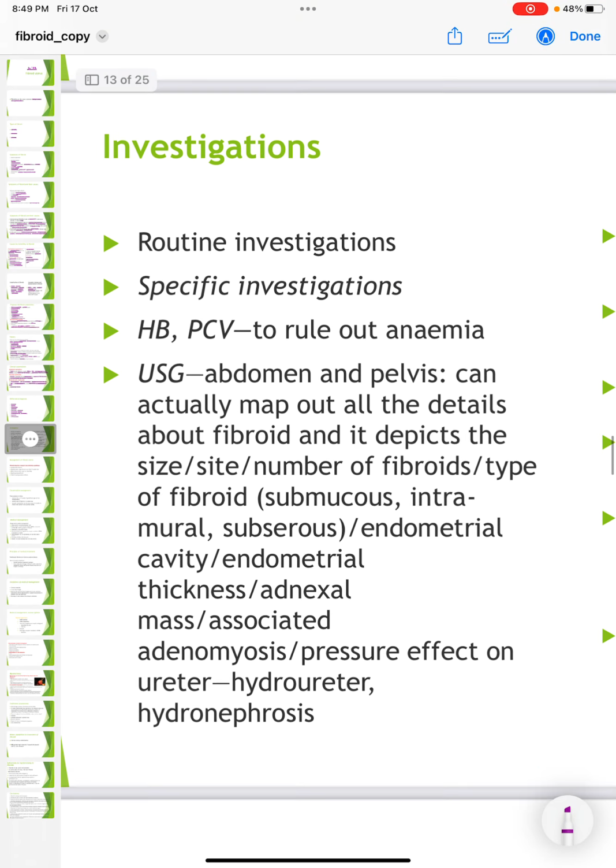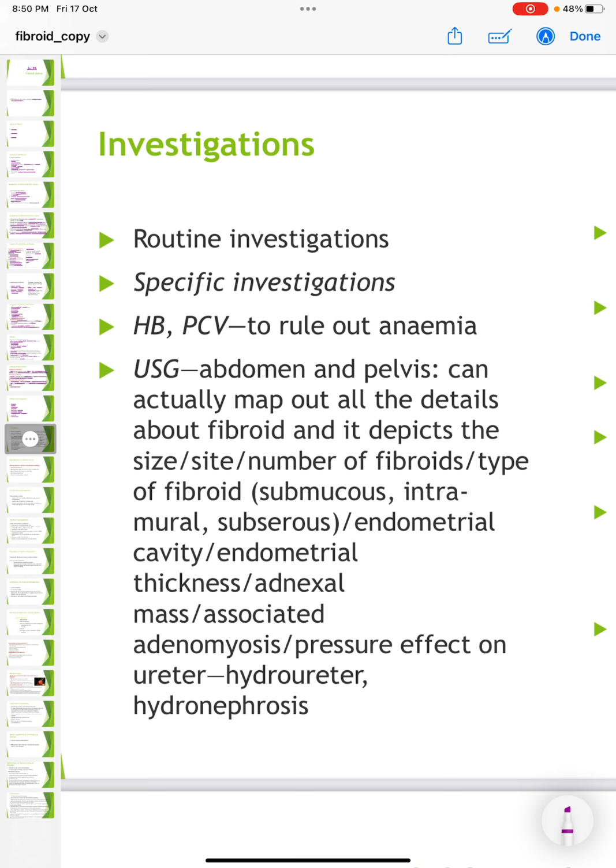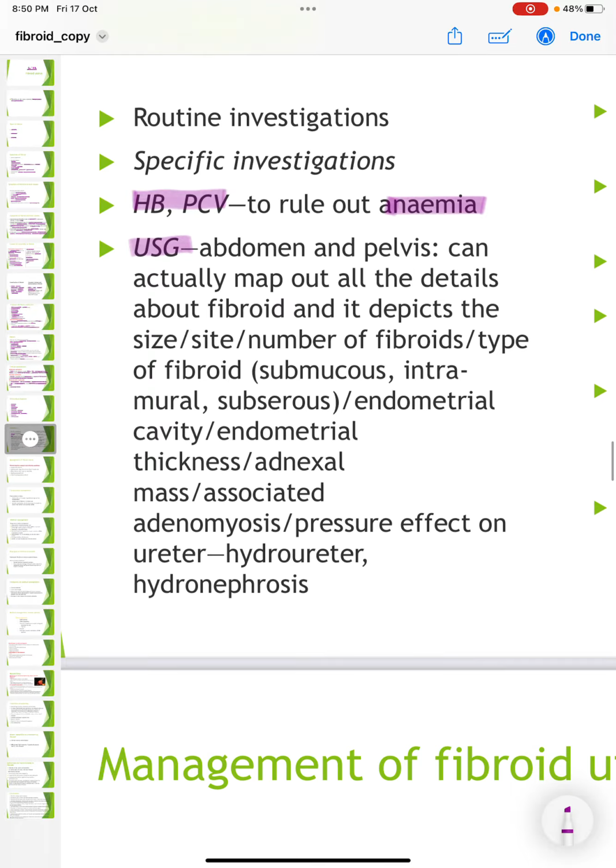So my investigations, routine investigations and some specific. Routine like hemoglobin, PCV, look for anemia, then ultrasound, look in the abdomen and pelvis. So it is mainly for mapping out of the fibroid, location of size, site, number of fibroids and type, whether